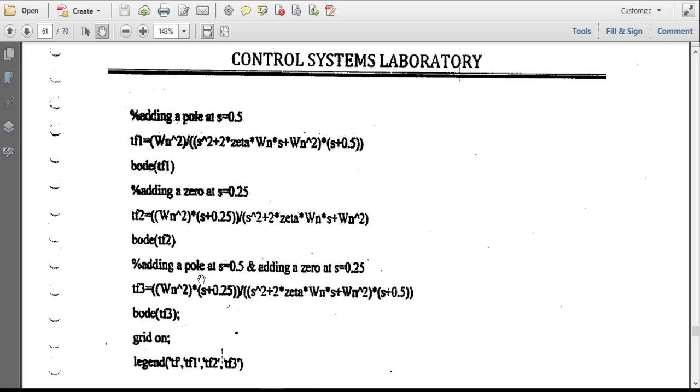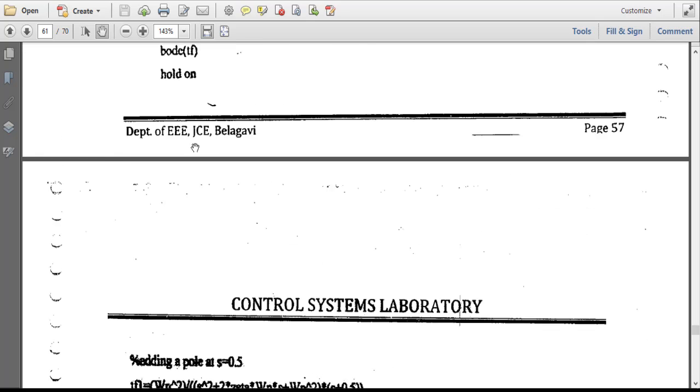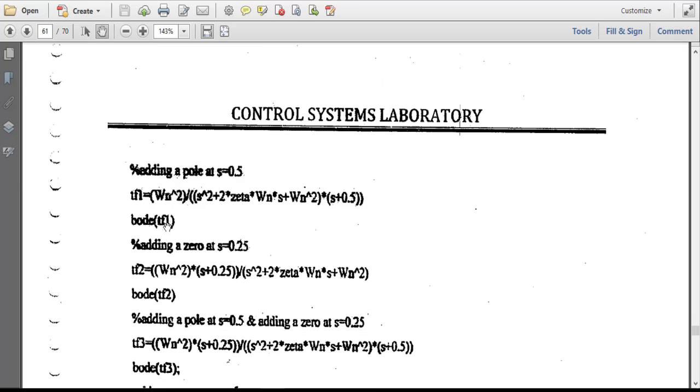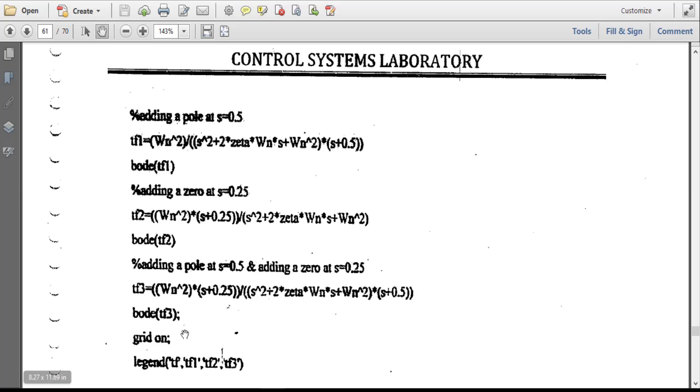Again, with the addition of both the pole of 0.5 and the zero, we have the next transfer function tf3, which contains both a zero and a pole. And again Bode of tf3 is typed, so that we can get a comparison of Bode of tf, Bode of tf1, Bode of tf2, Bode of tf3.